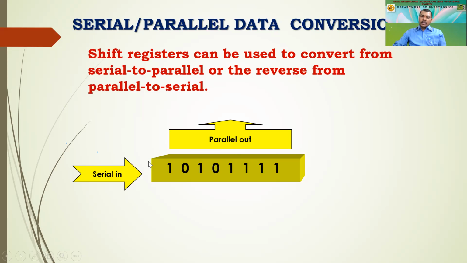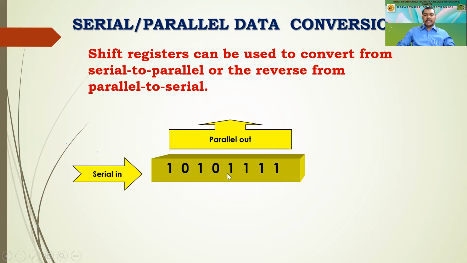So these are again 8 flip-flops. The data is given to the first flip-flop, and by using the clock pulses, it is shifted through all the flip-flops. And at the end of the 8th pulse, this data can be taken parallelly. Okay, so that is called serial in, parallel out. As I told you, the processor does not understand serial data. It requires parallel data to process, right? So in that case, this serial data is first converted into a parallel one.